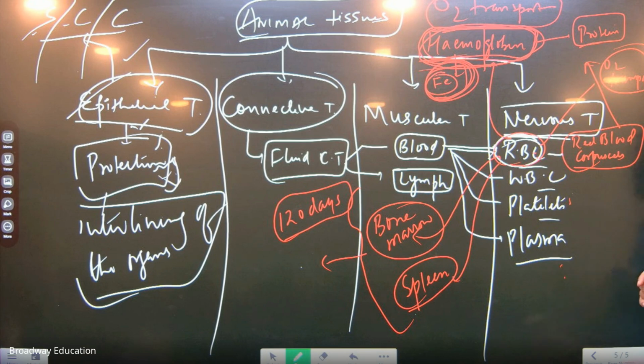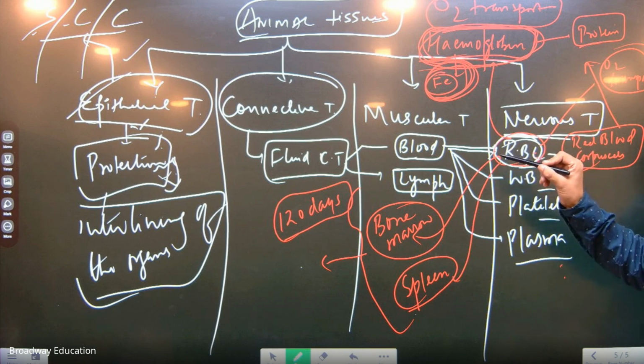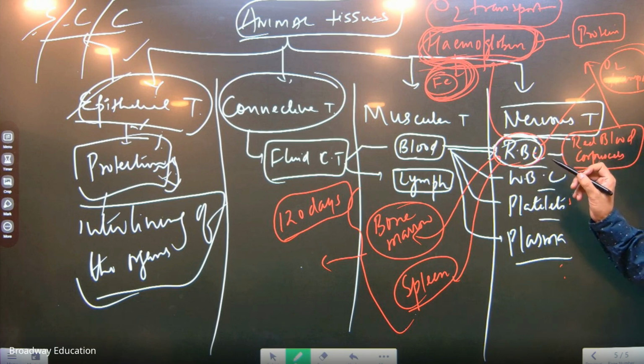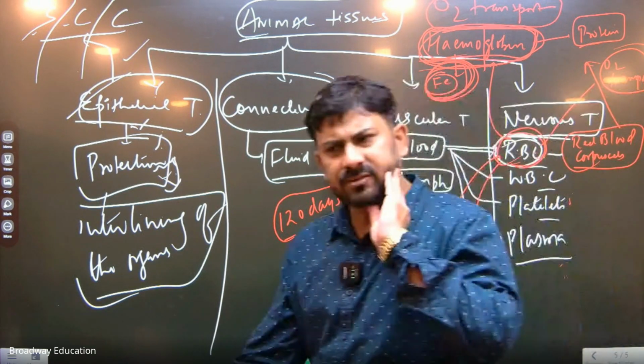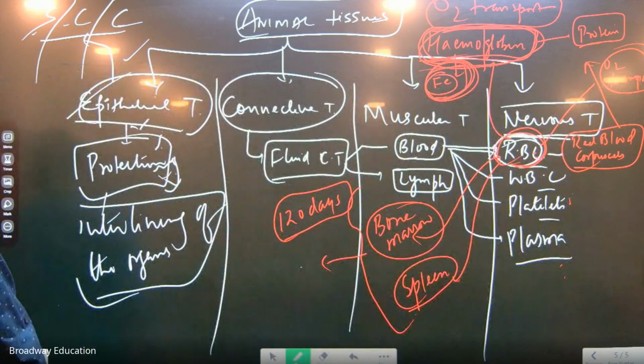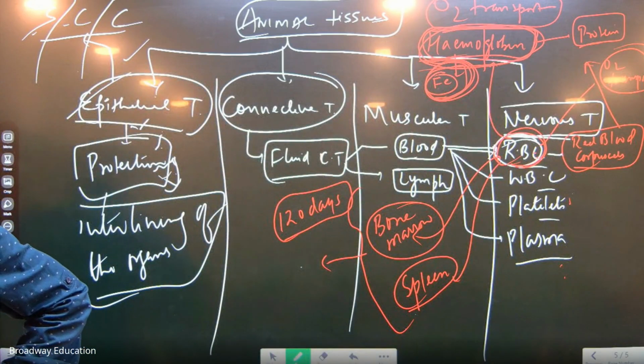Okay. So you can write here. Have you written these things yesterday? Yes or no? Okay. Those who have not written, please write these things. Okay. Quickly there only in your notes only. Okay. Please write there. In the RBC, you can write it is produced in the bone marrow and destroyed in the spleen. Please write it down firstly. If you have written it is fine. If you have not written, please write it down. Add in your notes.